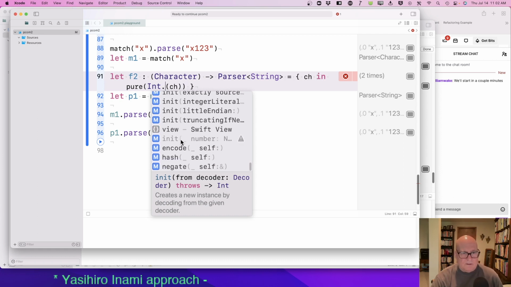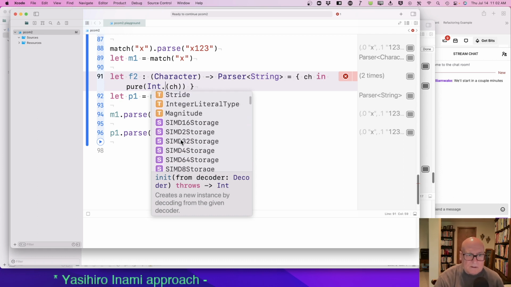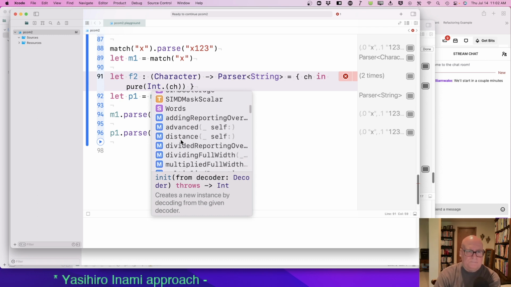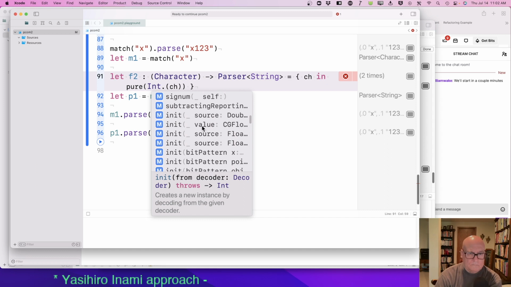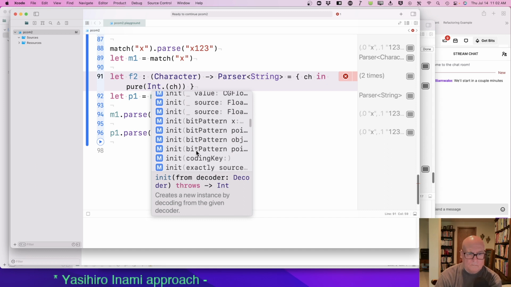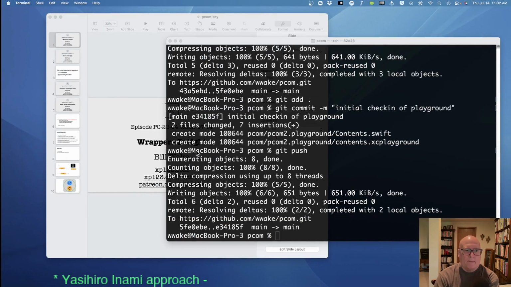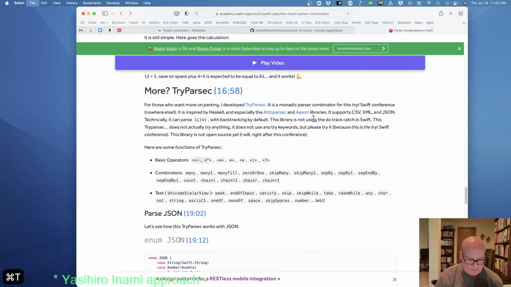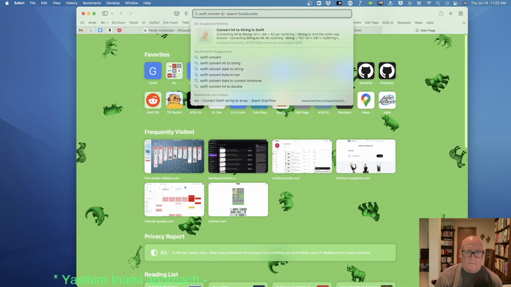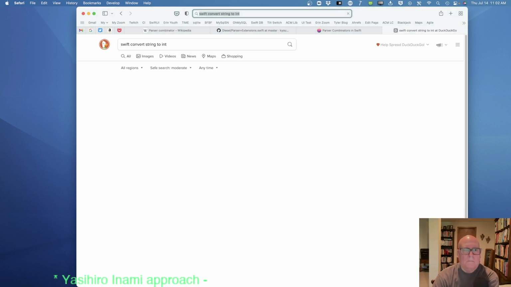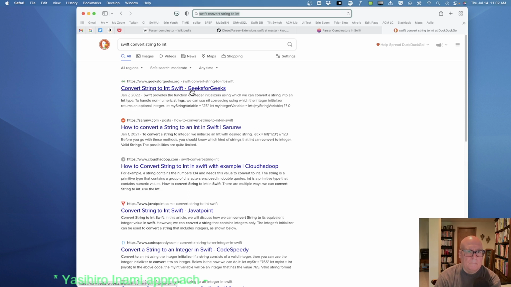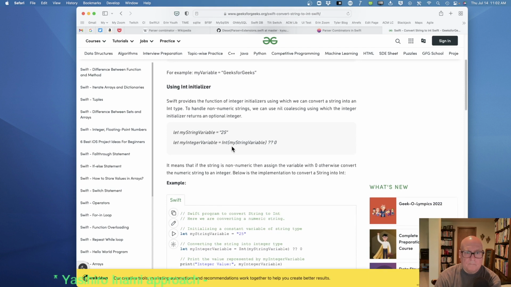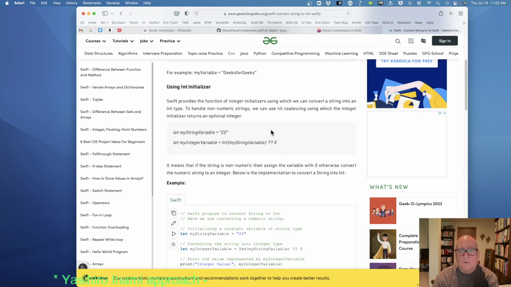I don't know how you convert a string. Oh, more defaults.